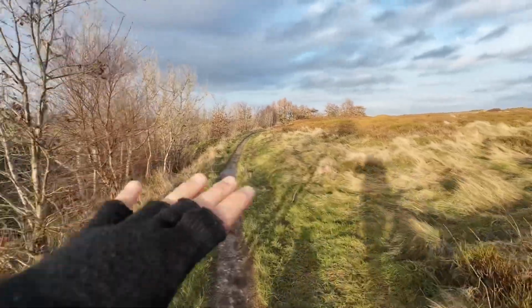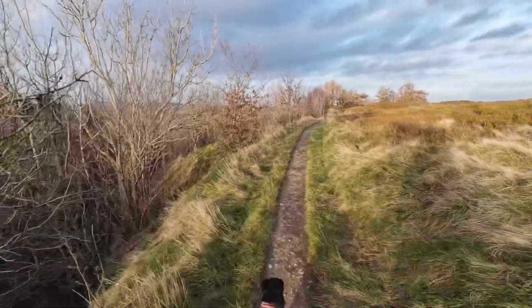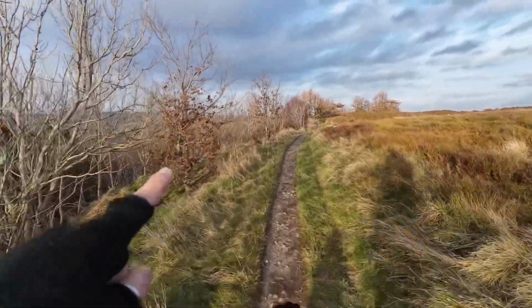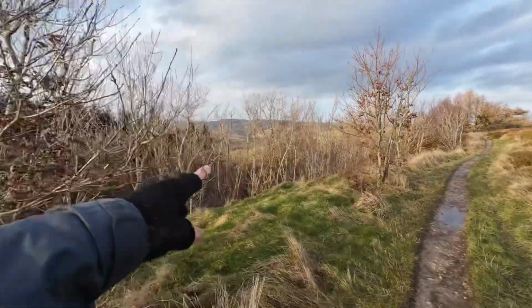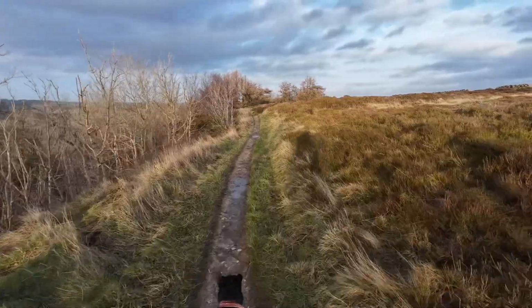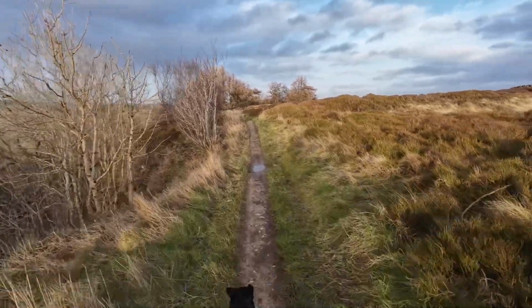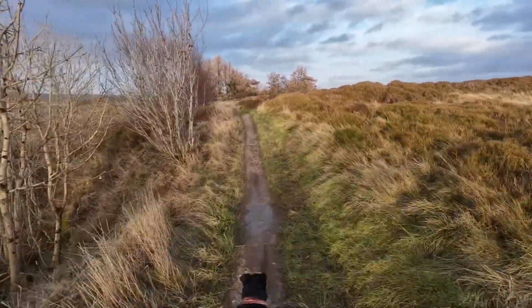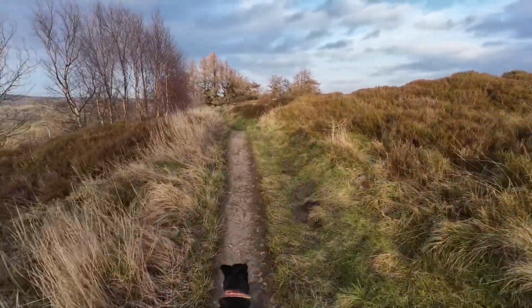Basically this is like a big cliff and it's dropping down right here. So we're basically walking along the edge now. You can see that the valley down there is much lower, and there's less farmland up here, more heather, and yeah, it's a lot drier because obviously the sun has been shining almost the entire day, so it's starting